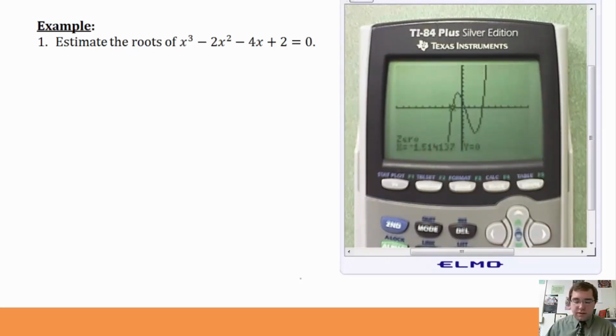And now it tells me what my 0 is. Now is it exactly negative 1.514137? No, the decimal keeps going forever. It's an irrational number, so the decimal doesn't end. But my calculator has truncated it. It's cut it off there at 6 decimal places. So my answer is, or one of my roots,